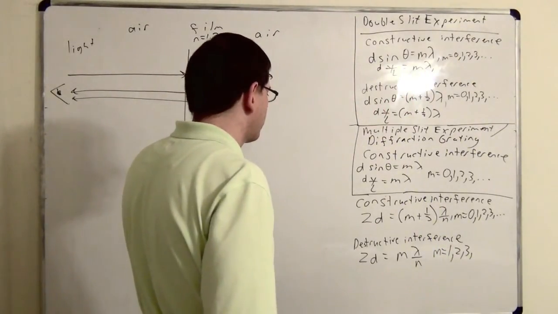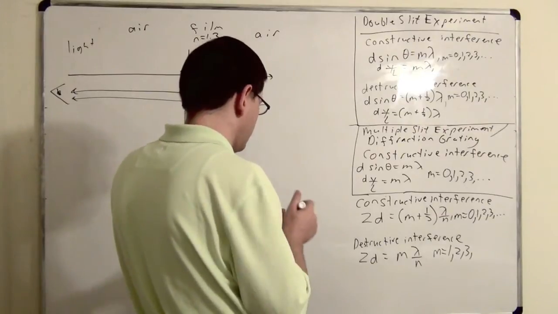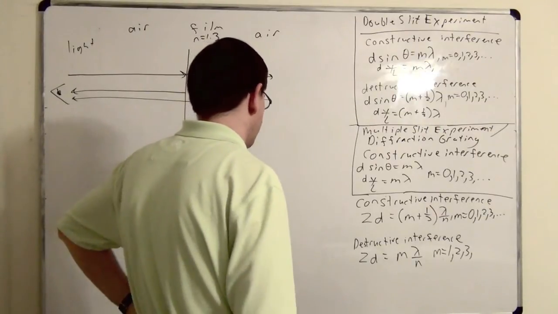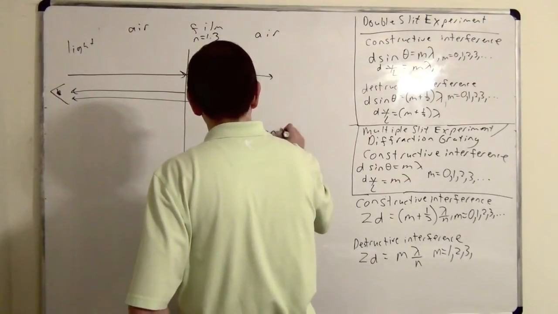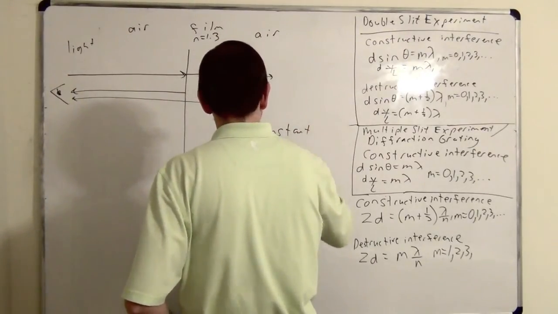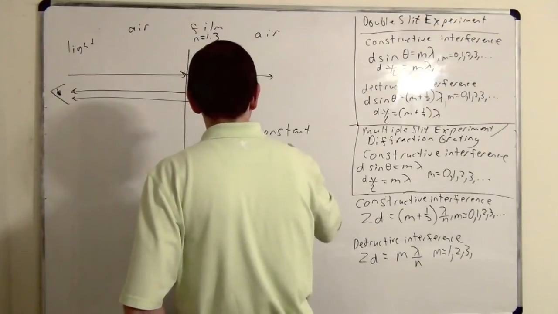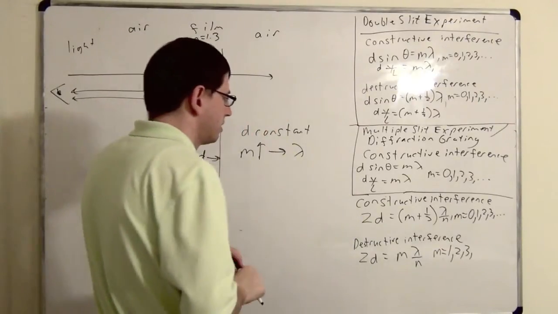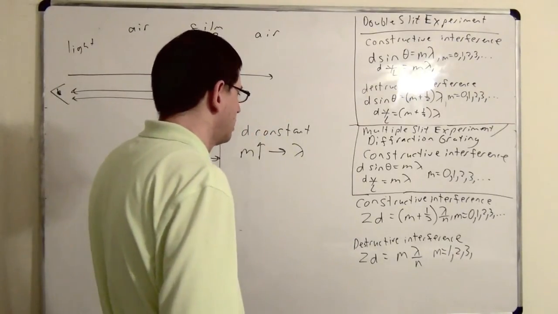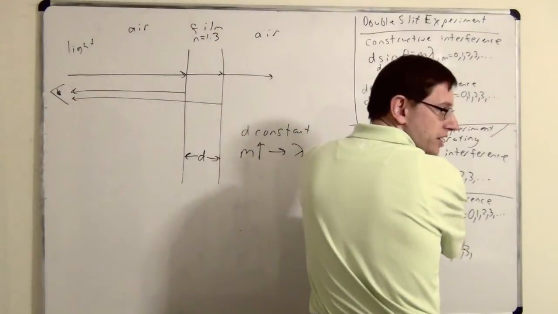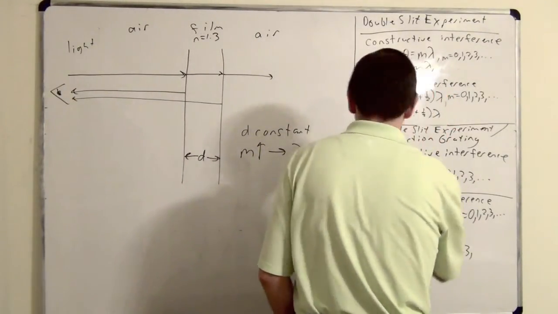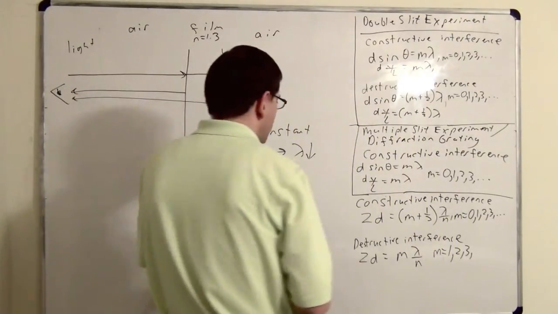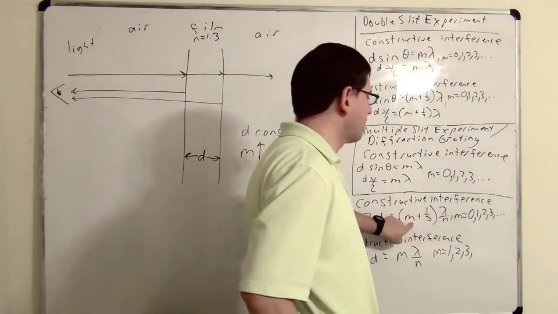Now, normally, let's say that we hold d constant. Then, as m increases, what's going to happen to lambda? It will decrease, because otherwise this couldn't be an equation. Yeah. If we're increasing the right-hand side of the equation with m, we have to decrease it with lambda. So, what's the meaning of m?